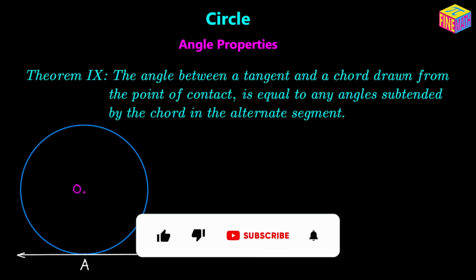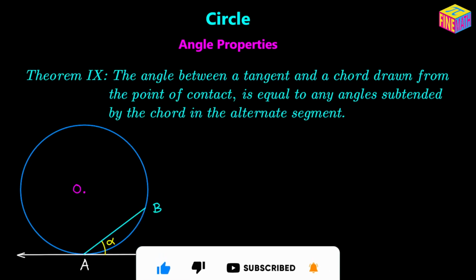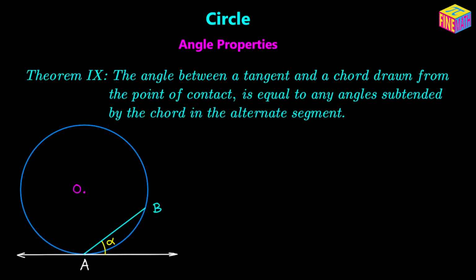Let's suppose we have a circle like this having center at the point O, and also we have drawn a tangent at point A on the circle, and from the point of contact I have drawn a chord. The chord is AB, and let's suppose that this chord is making an angle alpha with the tangent at the point of contact. And then I have picked a point C on the circle on the other segment, of course,